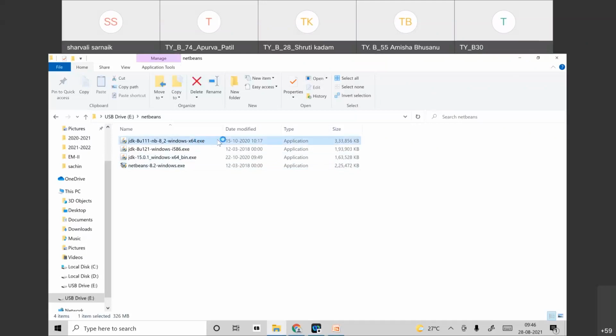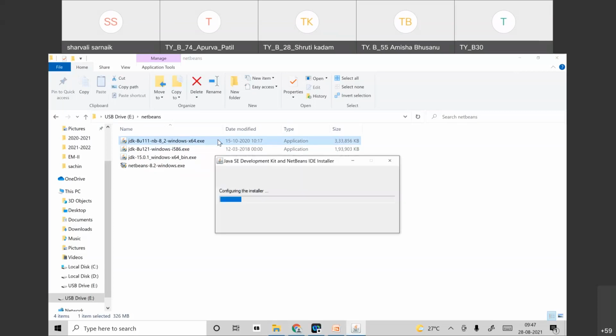Before downloading your setup, just check the compatibility with your OS. Which OS are you using? Once you download the JDK setup, click on it. These are the processes of installation. It will take some time.